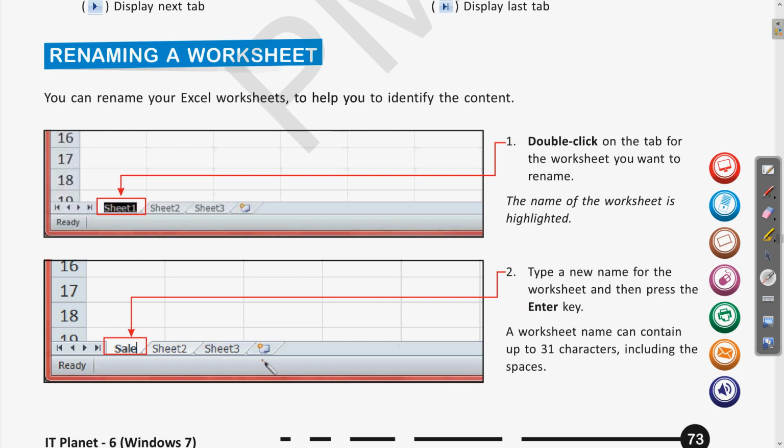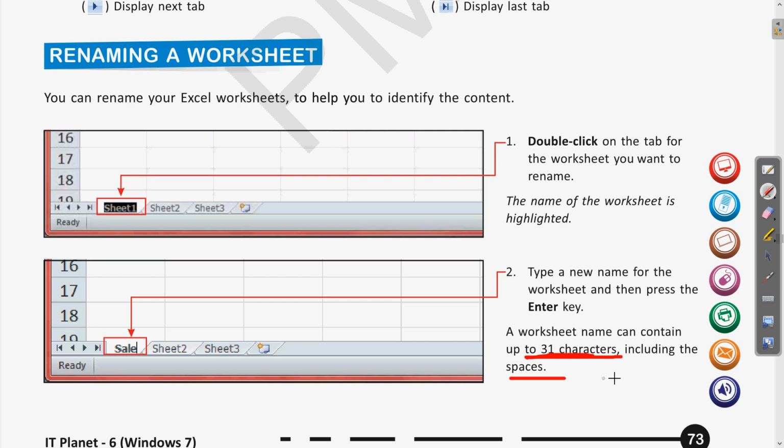So this way the name can be changed. A worksheet name can contain up to 31 characters including the spaces. So while renaming, the maximum number of characters which can be written for the name of a worksheet tab is 31 characters. Clear? In between we can also include spaces.